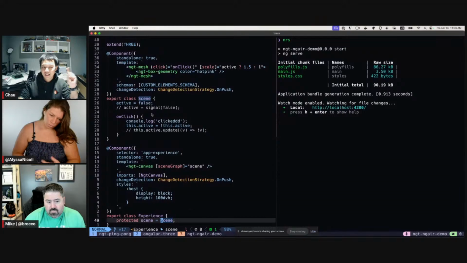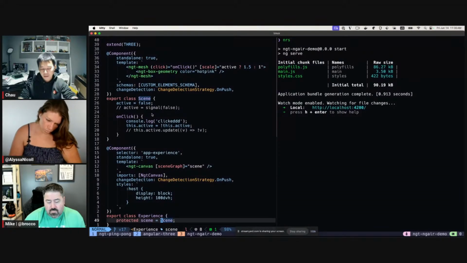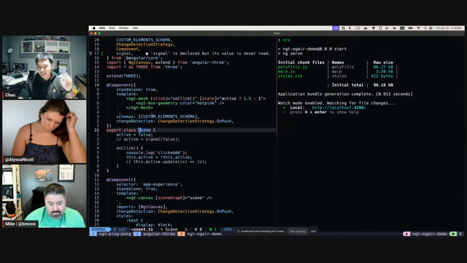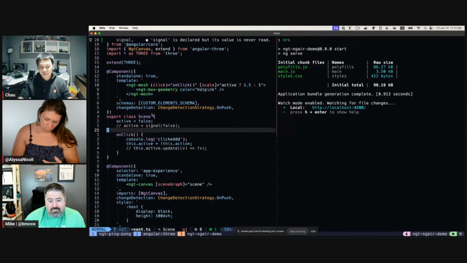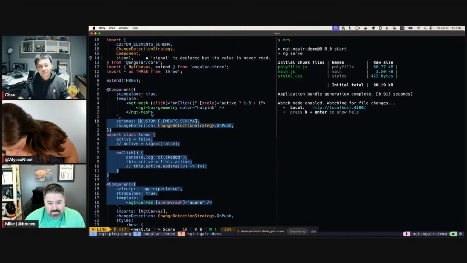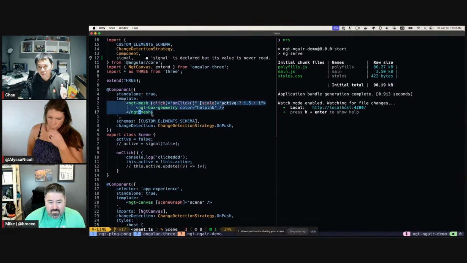And then inside of NGT Canvas, I have an API to call create component. And that is when you provide a custom renderer for the scene component and its children. So this template right here still runs with the default DOM renderer from Angular, but this one runs with the custom renderer.